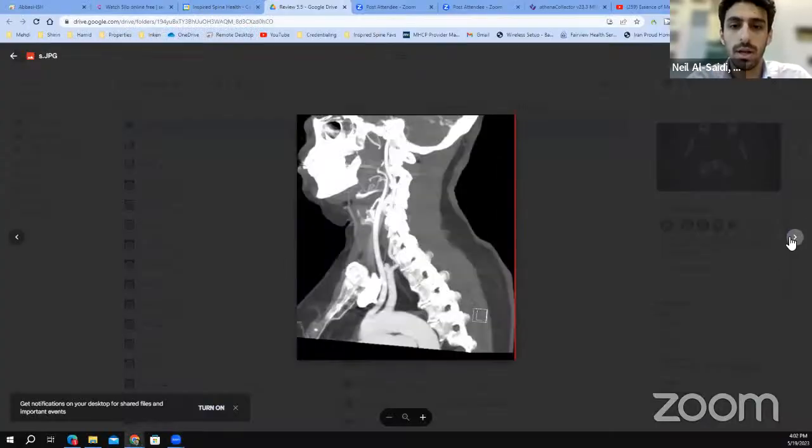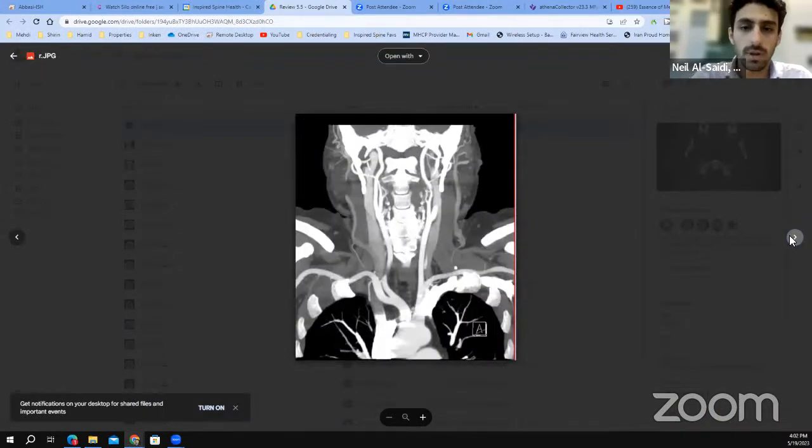Correct. So there are four vessels that give blood to our brain, correct? Two internal carotids and two vertebral arteries, correct? Correct. Let's talk about the internal carotid artery. Can you describe to us where it comes from and where it goes to? Yes, I can. The internal carotid artery comes from the bifurcation of the common carotid artery, and it will enter the cranium through,